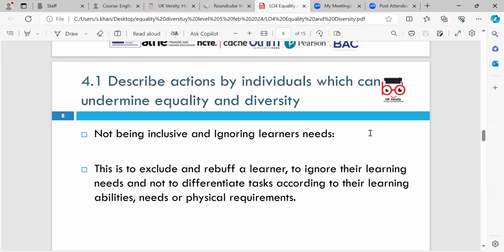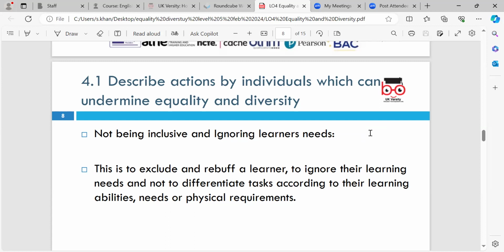Also, inclusivity could, for example, concern a predominantly male-dominated workplace, which can be highly challenging for female staff. So that's quite important. And ignoring someone's needs is quite upsetting for the learner, isn't it? Because that learner is wanting to learn new things and adapt. And if you're not taking on board their needs, what are you doing?